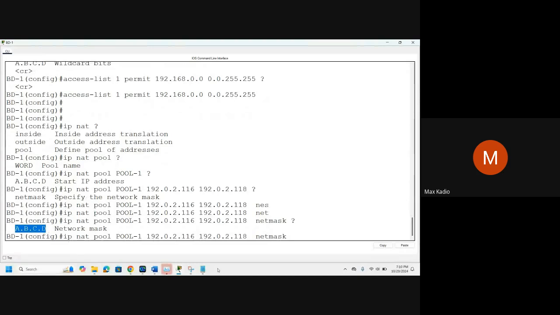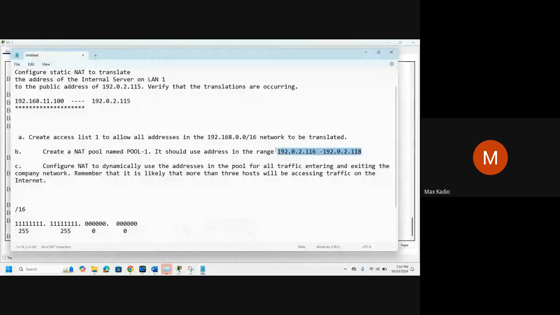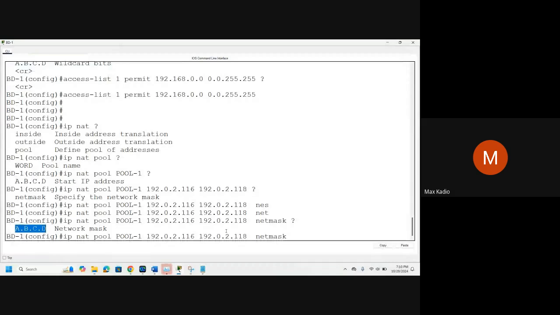So what did they tell us in the question? We didn't specify anything. Here is a bit tricky because we didn't specify. Okay, here we're going to use all two. So here it will be subnet mask, not the wildcard mask. We can use